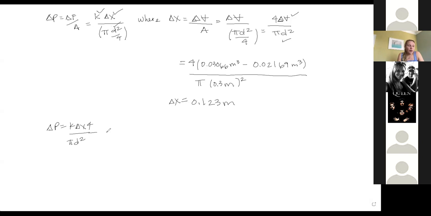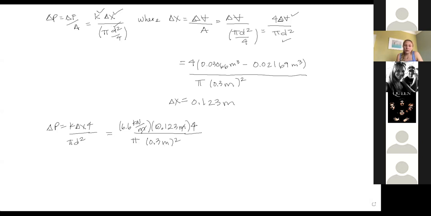So here we have our K as 6.6 kilonewtons per meter, our delta x as 0.123 meters, our pi value, and then 0.3 meters squared again, and then times our value of 4 that I'm just moving up from the denominator down here. So our meter squared will cancel with our meter squared here, and we're going to be left with,